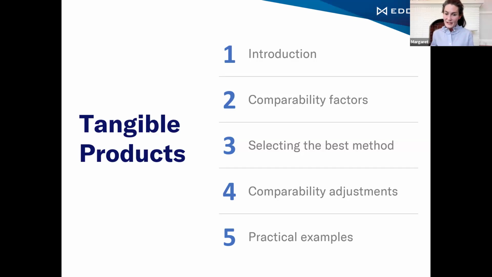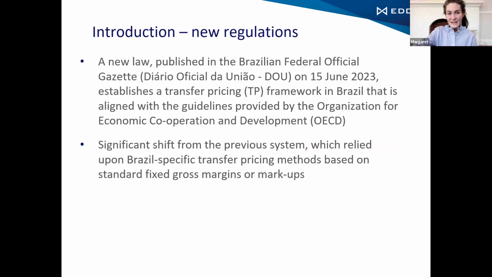And here's the agenda. The numbers 2, 3, and 4 were specifically requested, and that's perfect because it leads us right into what you need to do a benchmarking analysis, which is what our TP Catalyst tool is going to do. So that's perfect. I think the first couple slides were just me being excited about the transfer pricing regulations in Brazil.